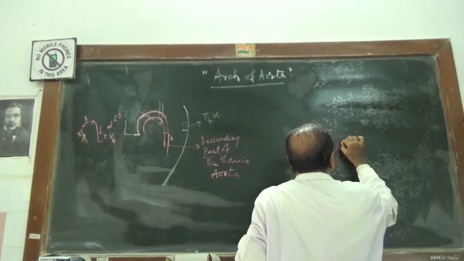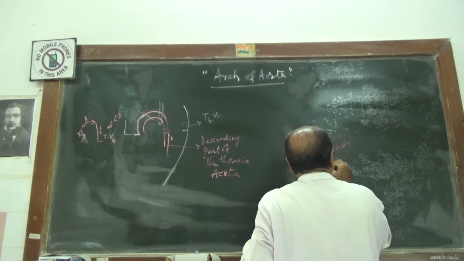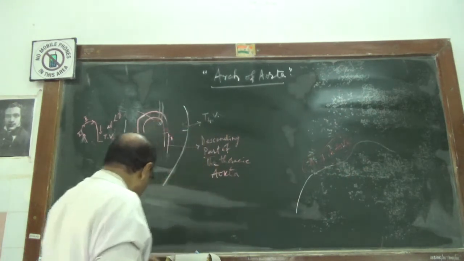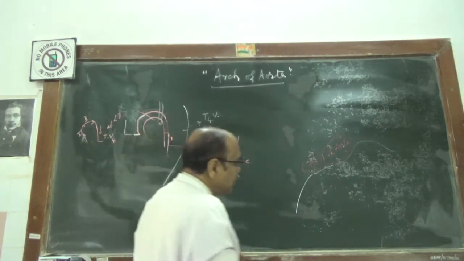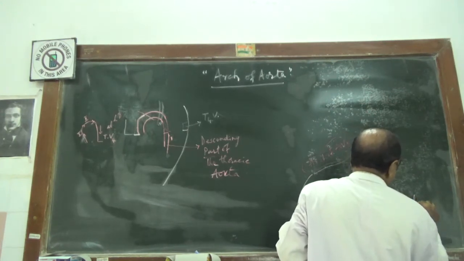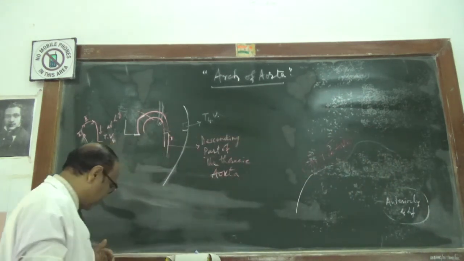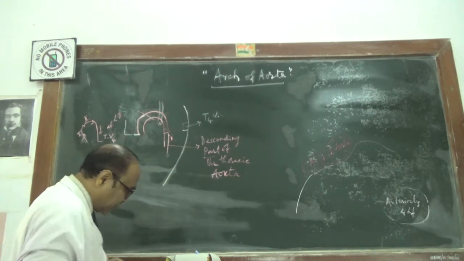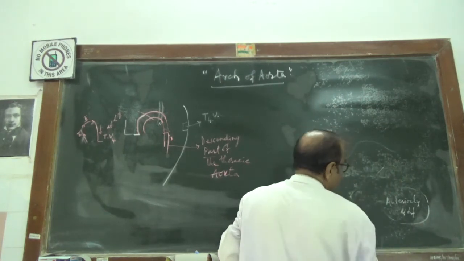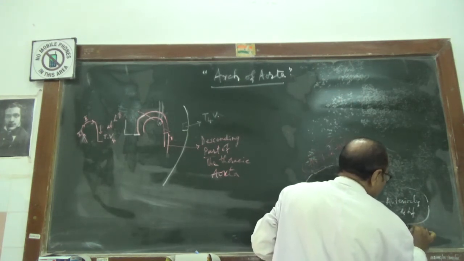Now this arch of aorta, you will have two main areas that you have to take into account: anteriorly and towards the left. Now what are the things present? In this part, first and foremost, you will get the anterior border of the left lung,